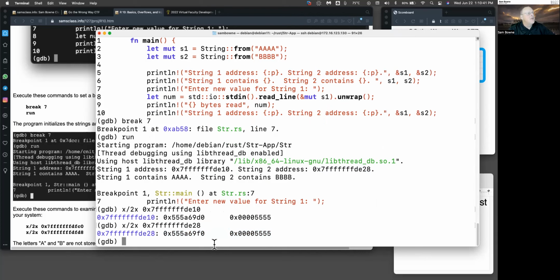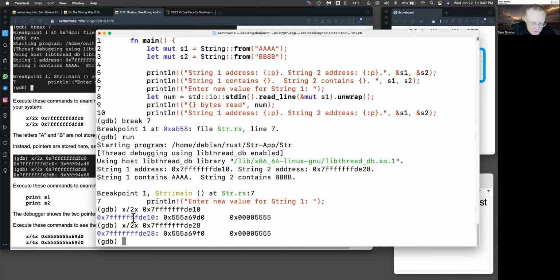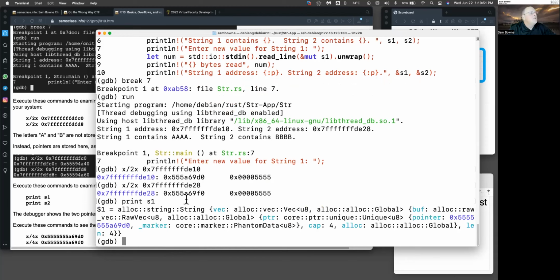And it's the same thing. It's another pointer pointing somewhere else. So that's interesting. Now I can find out what's there with print S1. And that will show you the pointer that is stored there, 5555 ending in 69D0. This value is the pointer where it points to. And if I look at that location, say 4 hexadecimal words at this location,